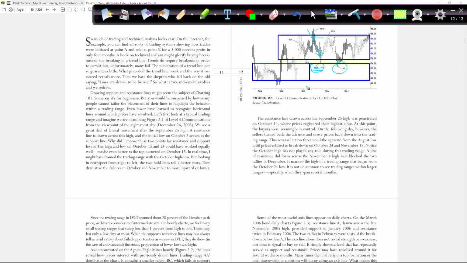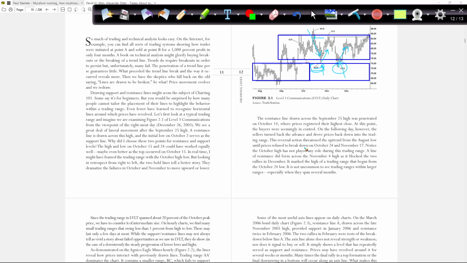See, we touched down here and then bounced back, tested here and then bounced back. Okay, so notice the October high here has not played any role during this trading range. A line of resistance did from across the